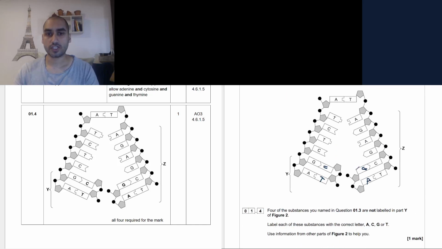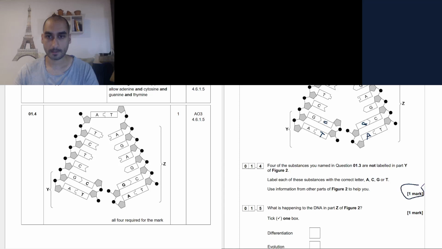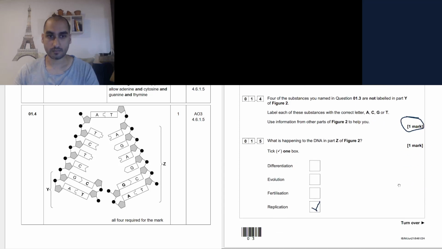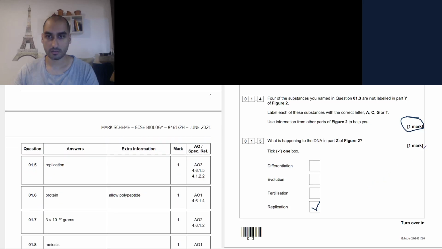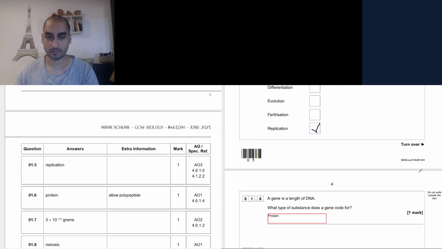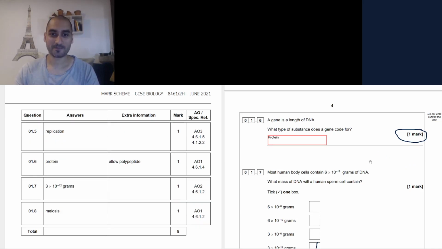C, G, T, A, yeah. I mean, that was just common sense, right? So that's correct. 115, replication. Protein, yes! And I was just guessing. When I don't know the answer to something, I just say protein. Because a lot of the time it is actually correct. So that's a tip for